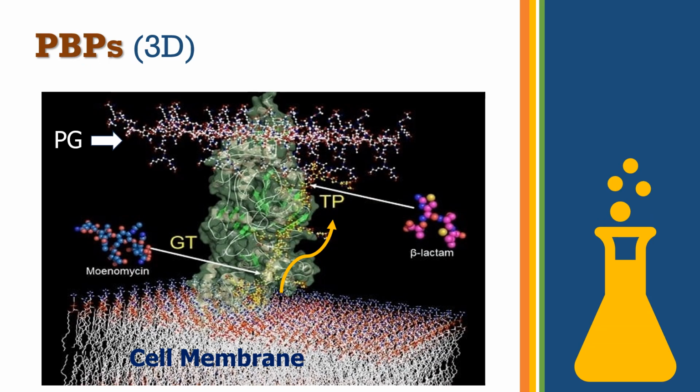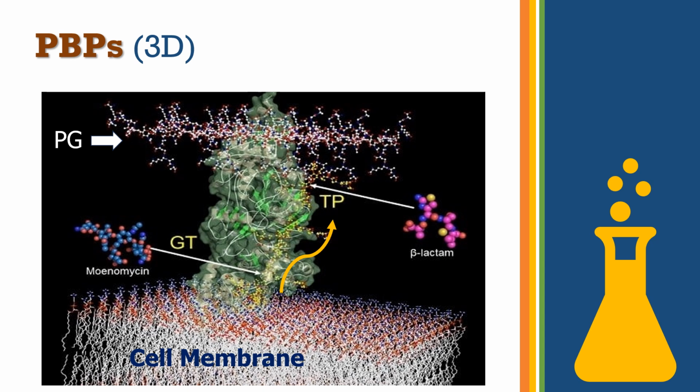Let's focus on this picture. I was happy to find this 3D diagram of a penicillin binding protein because when you imagine its position, especially in the cell wall of a gram-positive bacteria, you can easily recall its function. This green mountain is a penicillin binding protein extending from the cell membrane and going upward through the peptidoglycan